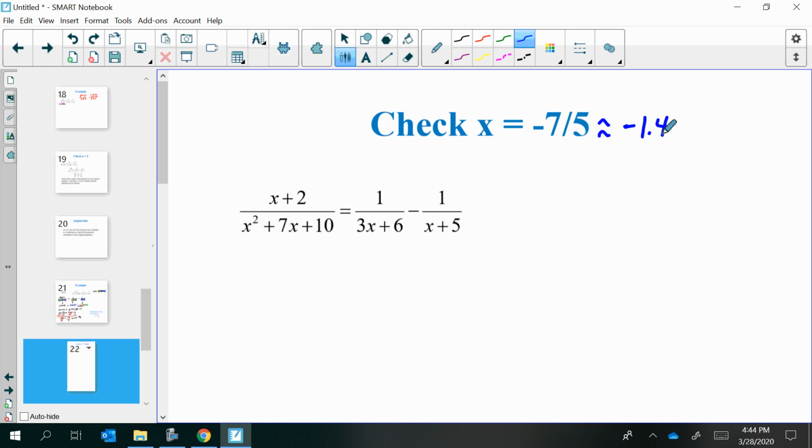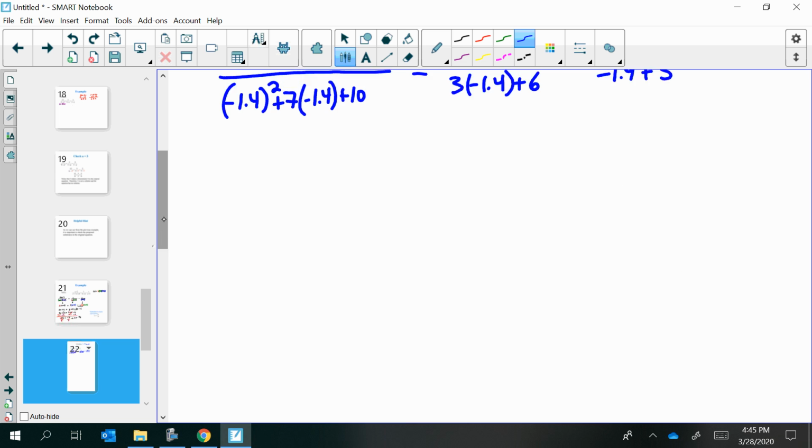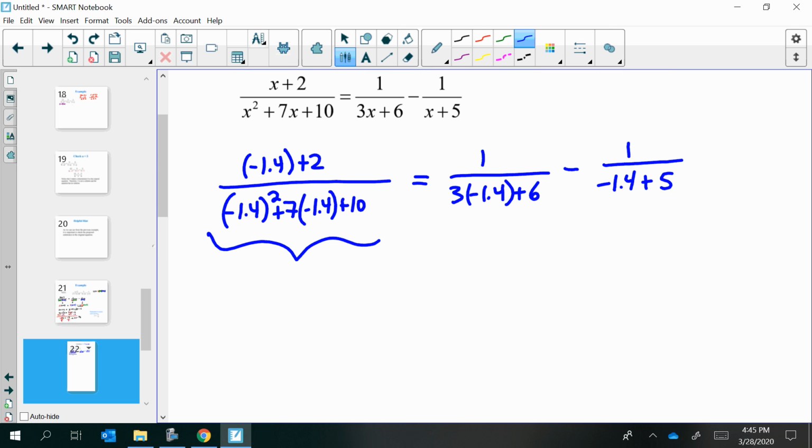Negative 1.4. So then you could go in and replace x with negative 1.4, and then use your calculator to help you simplify each part. And I would just work with each part, each term individually, to see what each of these pieces equals, then, first work this out, get the